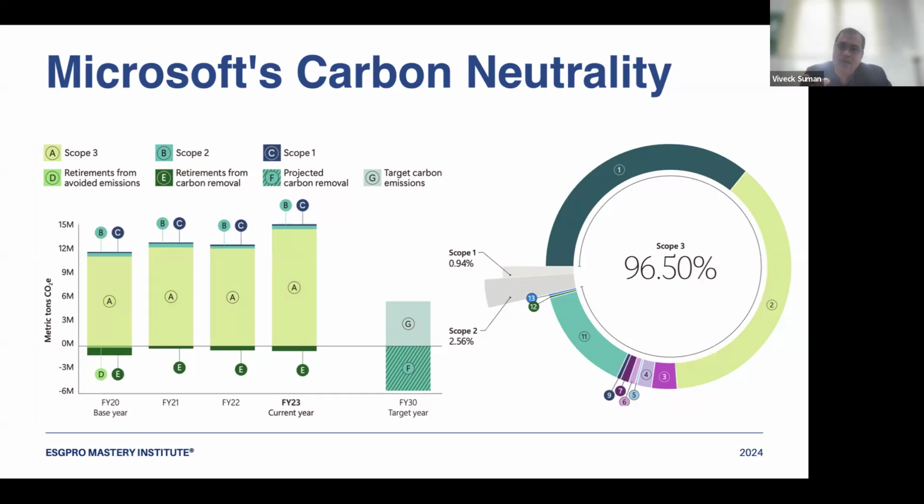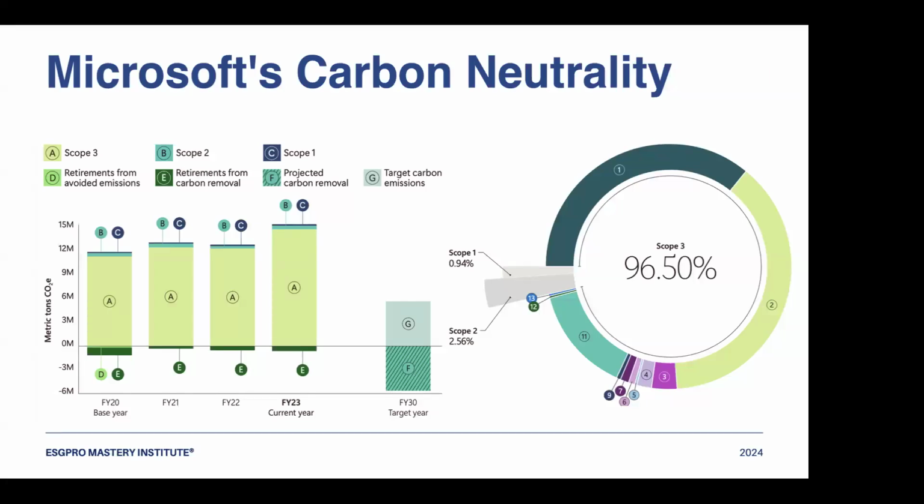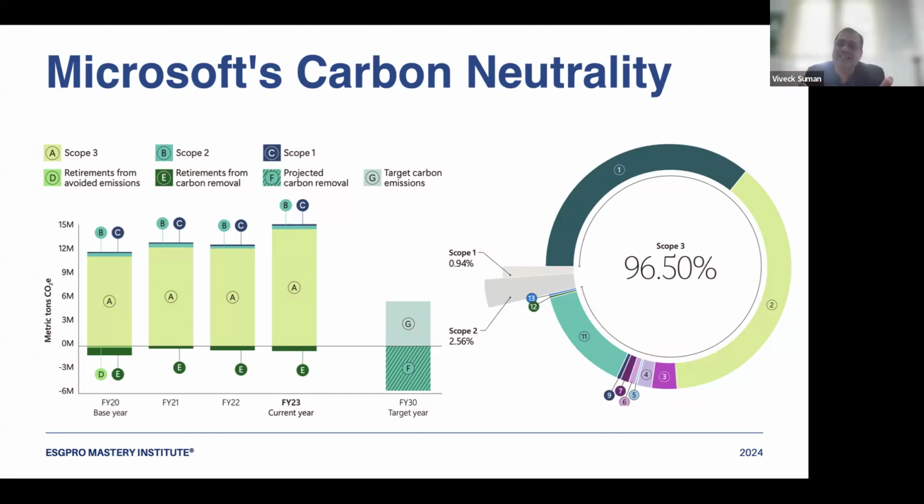Out of that, Microsoft is reporting 1, 2, 3, 4, 5, 6, 7, 8, 9, and then 11, 12, 13. So 3 there, 8 here. So 11. They are reporting on 11 of those categories. So each number represents a category. Are you with me, Rajni ji? Yes, so these are the categories, but all this together is 96.5%.